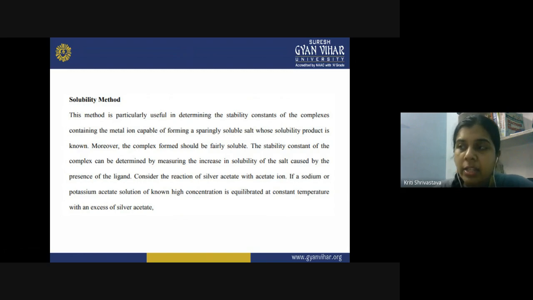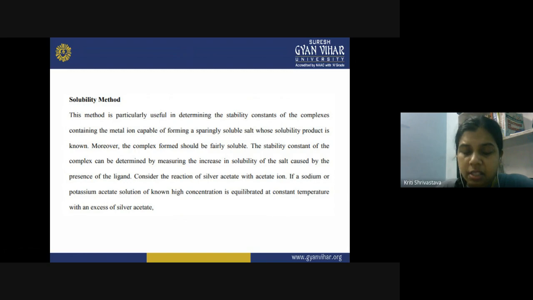And you know the actual concentration that could go into the solution by just knowing that solubility product. But if there is a sudden change in the solubility, that reflects the complex formation, because now the complex is what? It is fairly soluble. So when you notice that change in the solubility, you can actually determine the stability constant by that value. So let us take an example here.